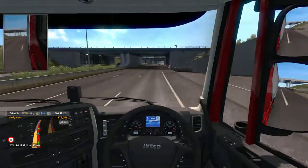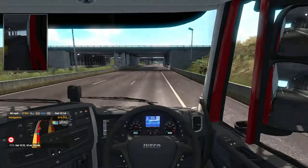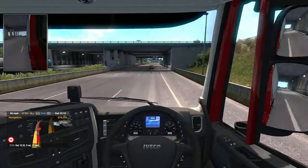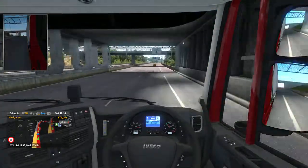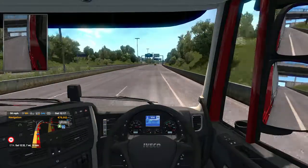World of Trucks, which is the online external contracts on ETS2, I have got nearly 1.1 million miles in total, but that obviously doesn't include the